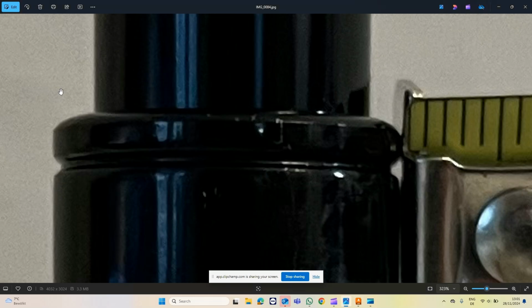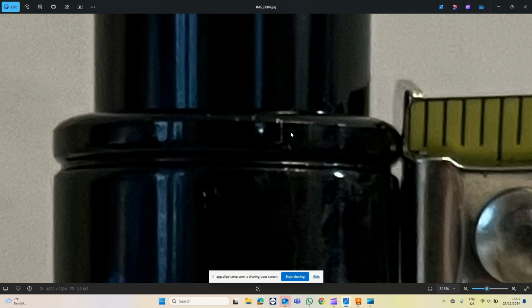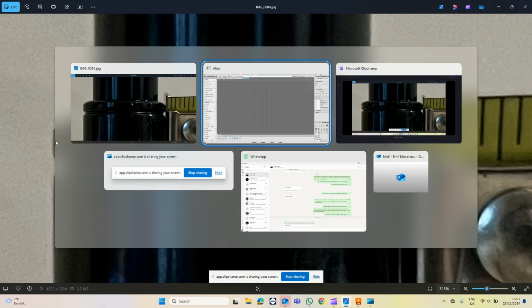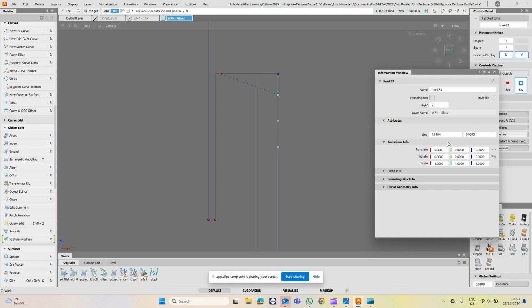That's the area where the cap is actually locking in, so that's why that's important. And that looks 2 mil tall, so align and make that one 2 mil long,